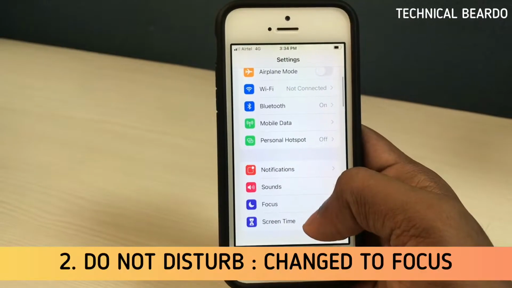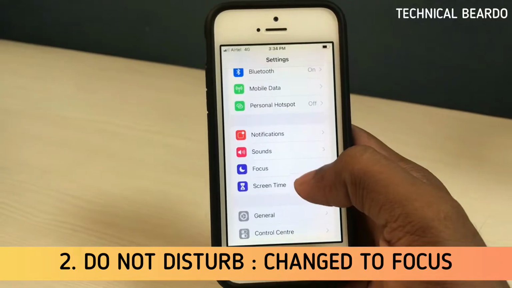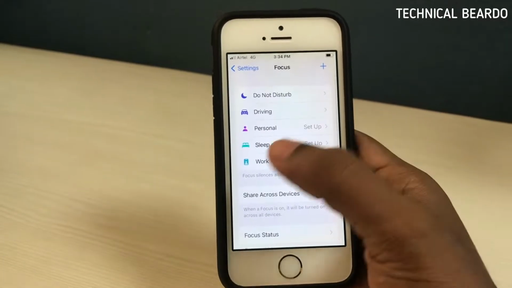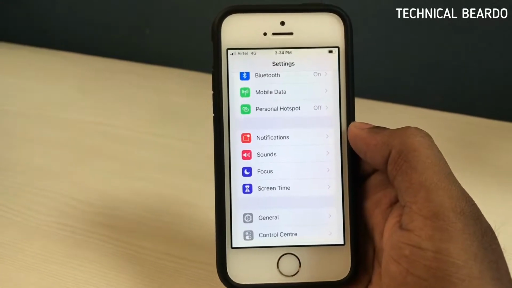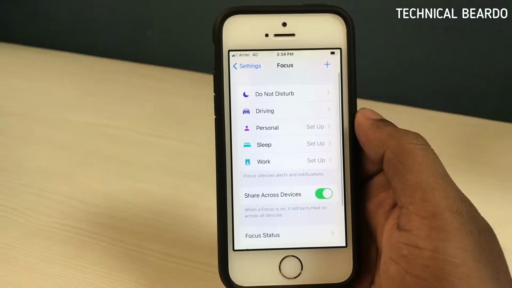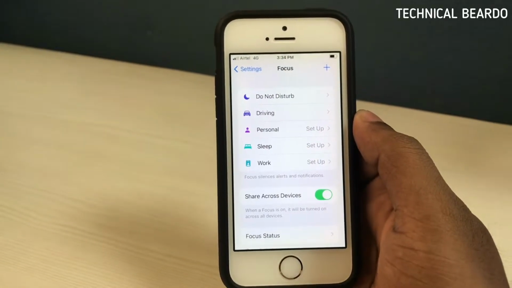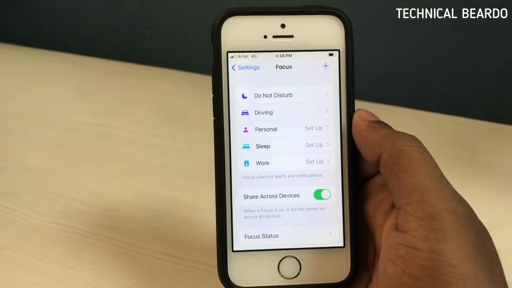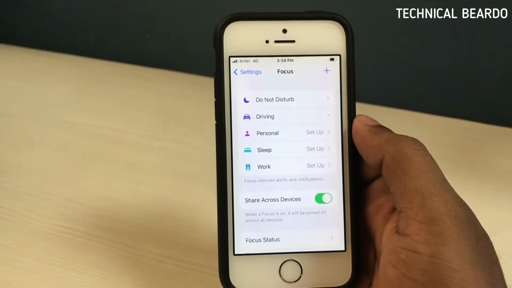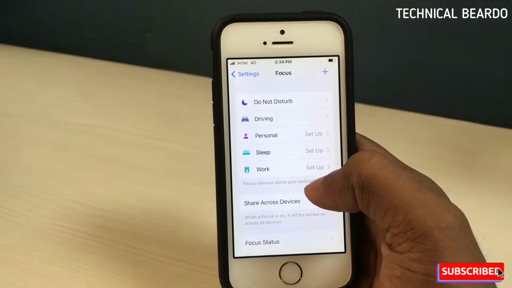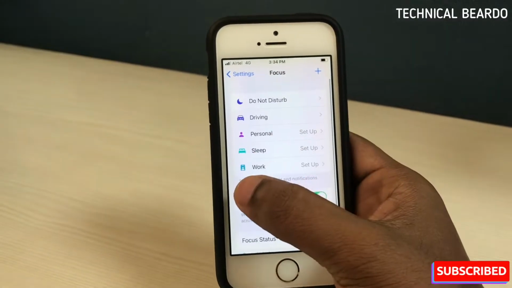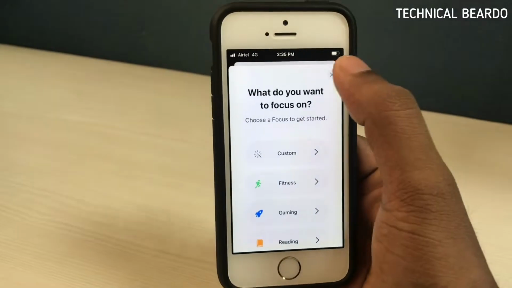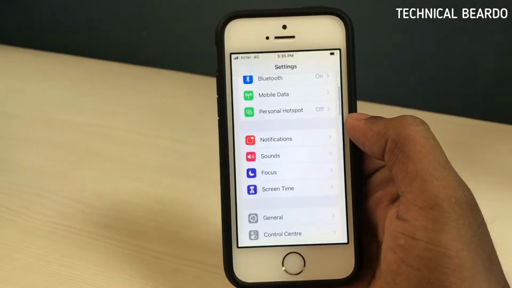Secondly, we'll talk about DND, that is Do Not Disturb. Now it has been upgraded and changed to Focus. So now we can create a customized DND as per our situation or as per our choice, like you're driving, swimming, or you are at work or personal, etc. You can have a DND according to the situation. You can create customized DND features for your calls or your notifications. It will allow you to create a customized DND setup depending upon your situation, so you can choose to receive calls and notifications as per your work or a personal situation.